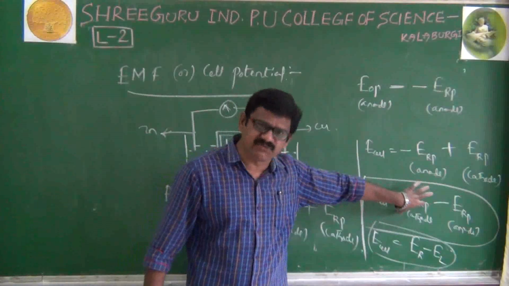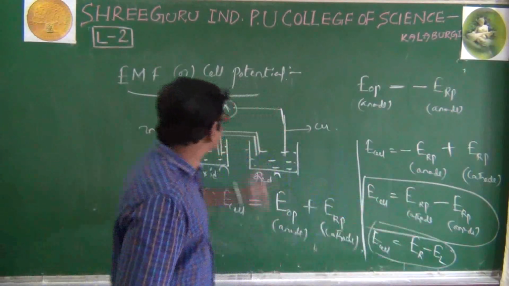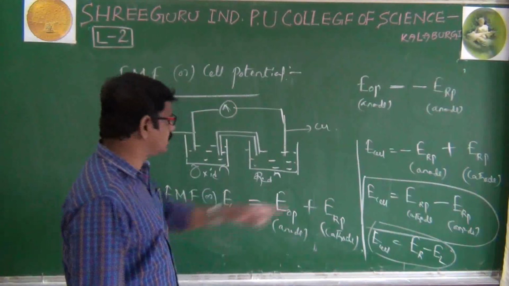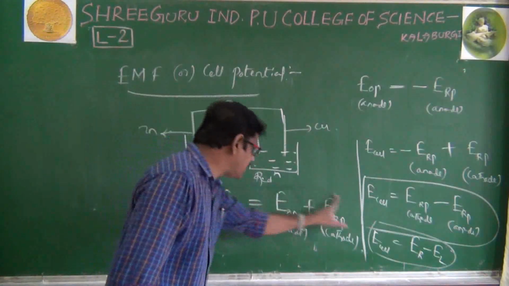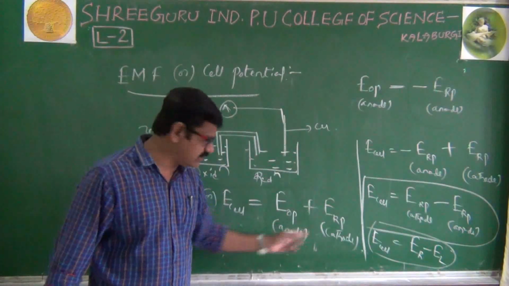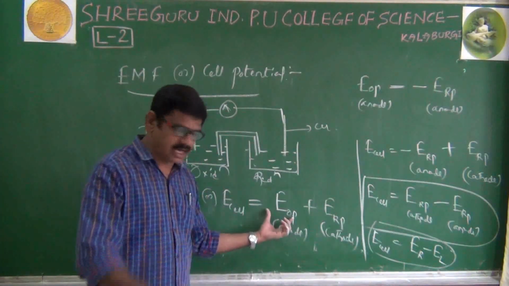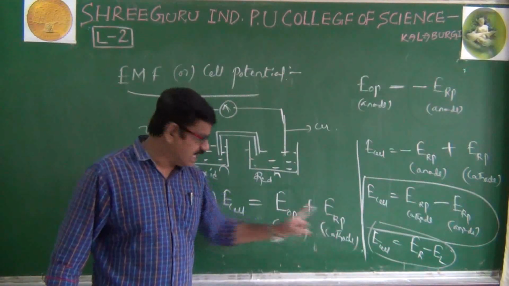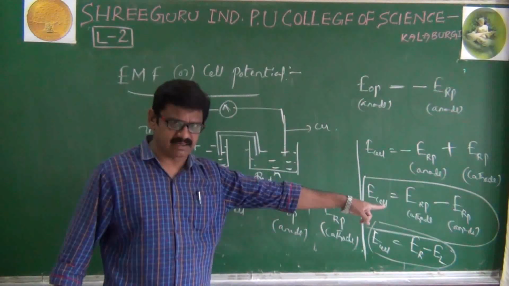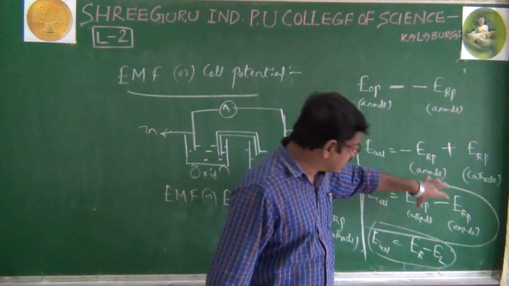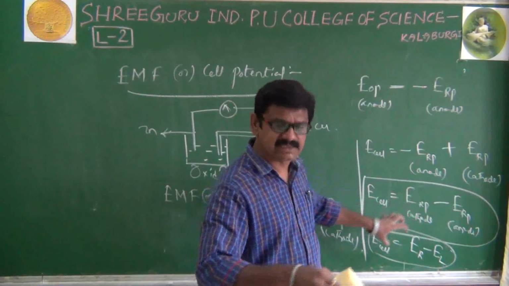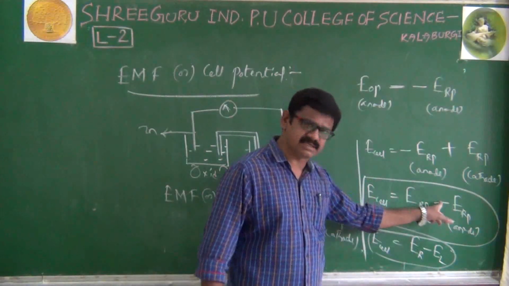Now, with the help of this formula, once again we have to define what is the cell potential or EMF of a given cell. Based on the earlier formula, how did we define it? Very simple. It is the sum of the oxidation potential of the anode as well as the reduction potential of the cathode. But this formula we have changed into the reduction potential formula. That's why this is our final formula. With the help of this formula, the final definition of cell potential, that is EMF, is like this. Very simple. We have taken minus here, nothing but a difference.